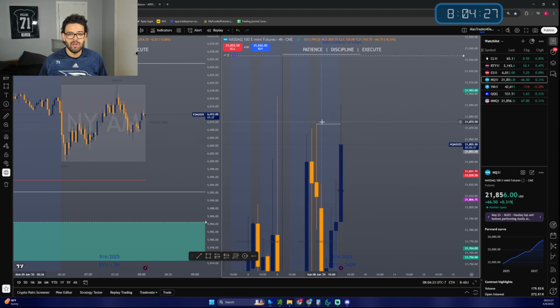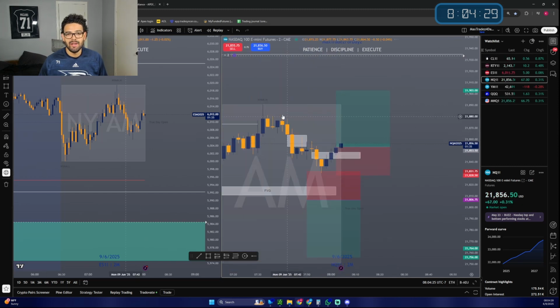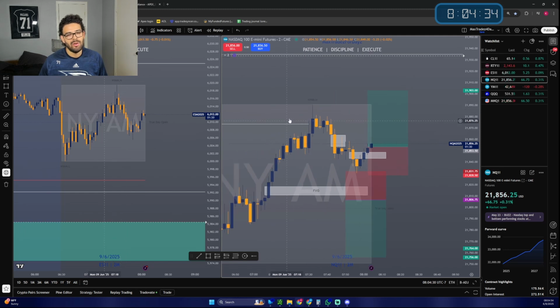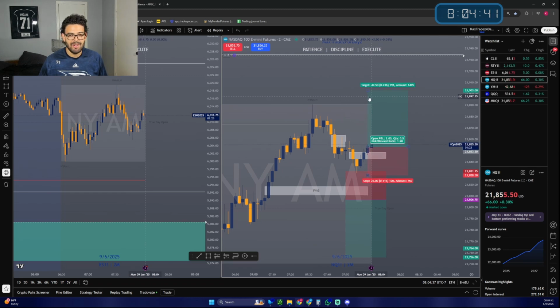price to push back higher, because there was no gap created over here, no imbalance, no sweep of anything, or there was a larger time sweep, but the lower time frame sweep, there was none, and there was no imbalance left behind. So I'm expecting price to come back here, give another push higher, another liquidity sweep, and then a